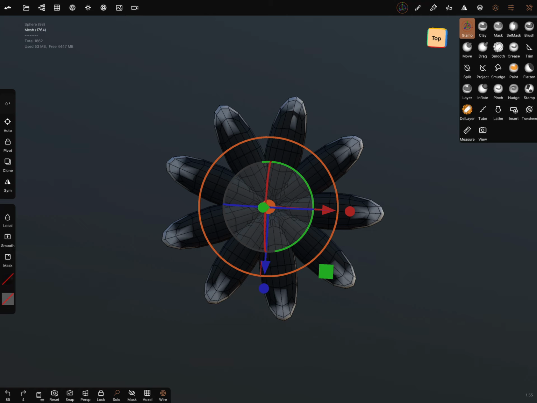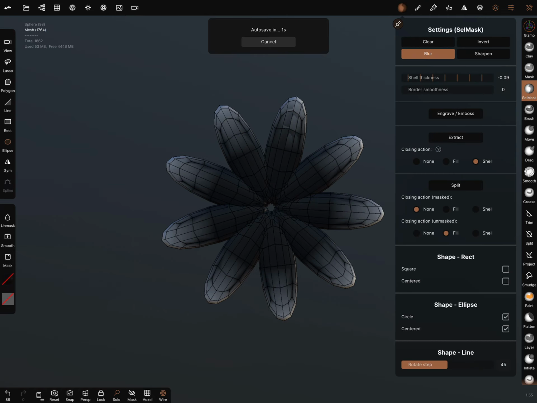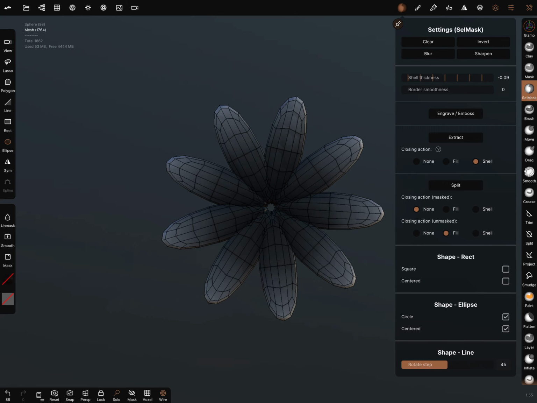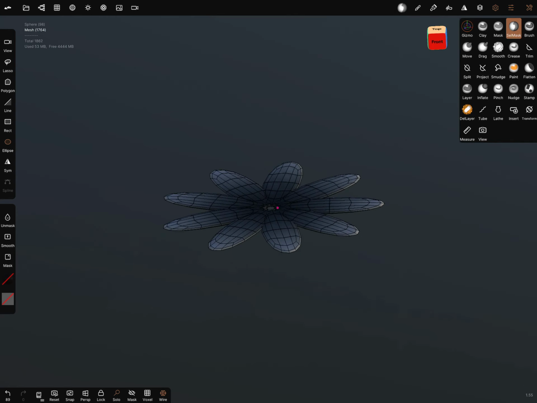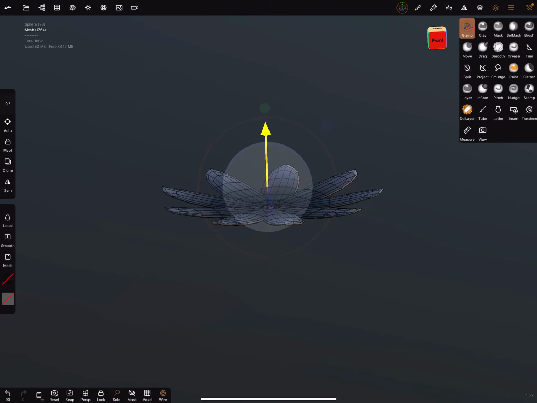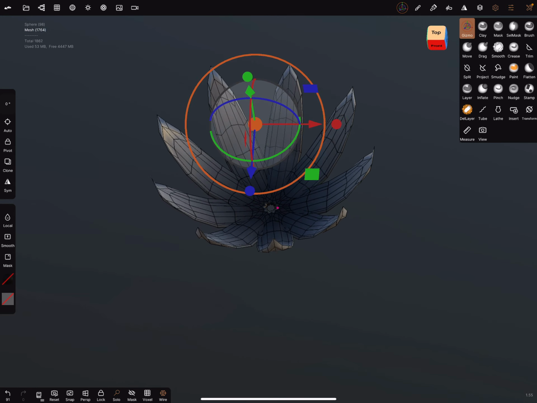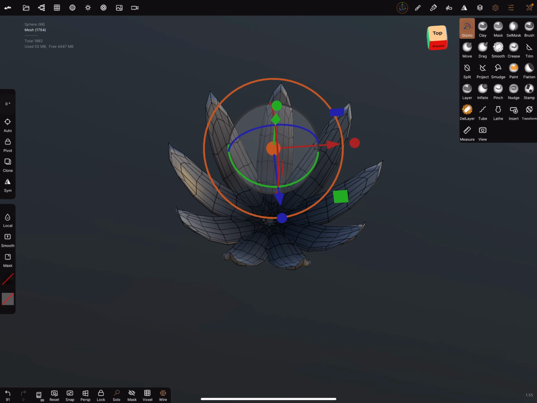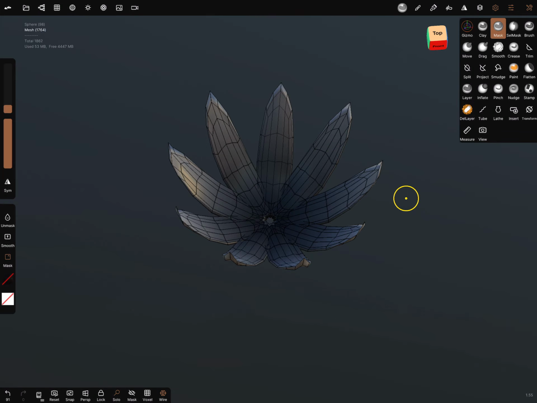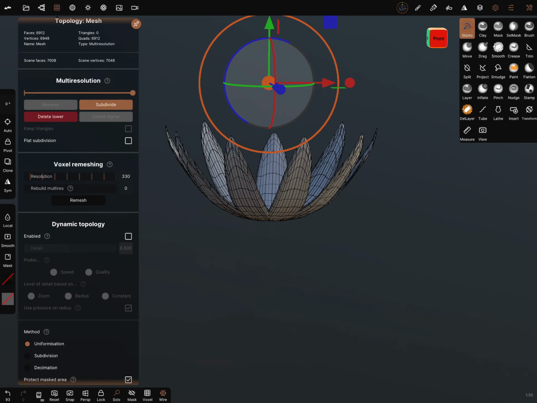I try it again. Selection mask. Blur, blur, blur, blur. And I test it. Okay, it's fine. I hold the mask button and swipe upwards, and now we can use a subdivision, for example.